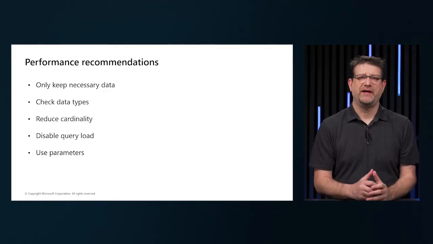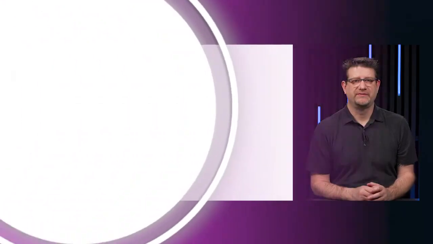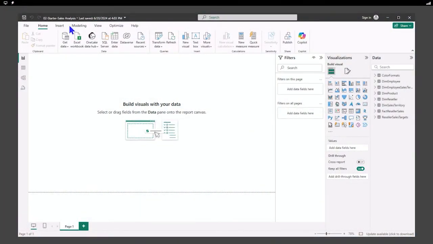Let's go to Power BI and see data transformations in action. All right, here we are back in our sales analysis, and we're going to do a couple different things to make our work easier. We're going to transform our data. We're going to open up our transform data here in a moment, and we're going to make all of our data usable. We're going to eliminate a bunch of things that we don't need to see.